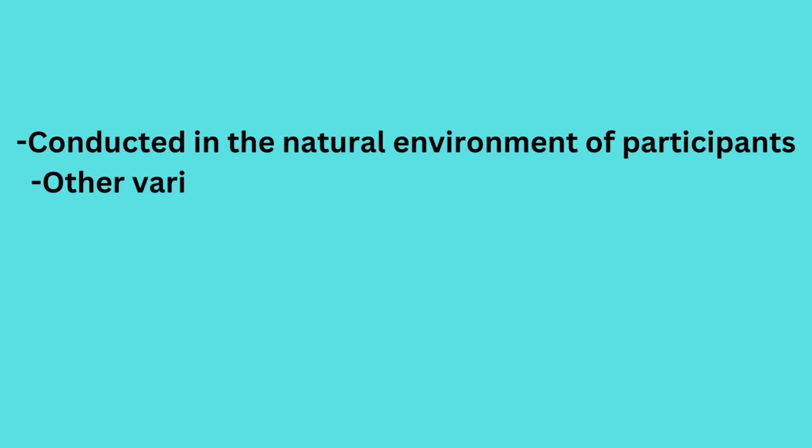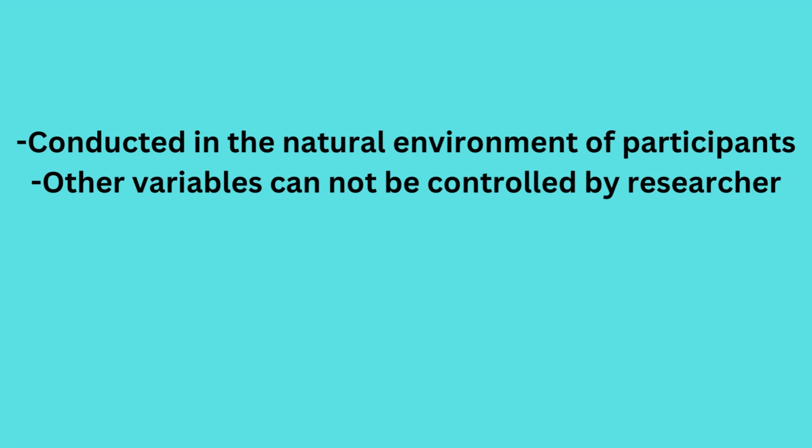The other one is a field experiment, which is just the opposite of lab experiment. It is conducted in a natural environment where we cannot eliminate all the other variables. Now why is a field experiment conducted? It is because there is a term called demand characteristic. In psychological experiments it might be possible